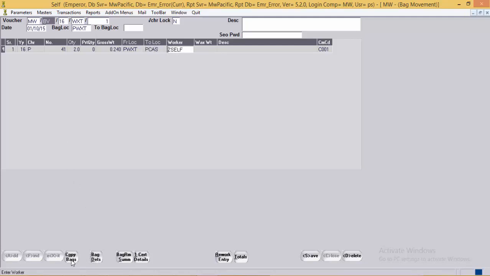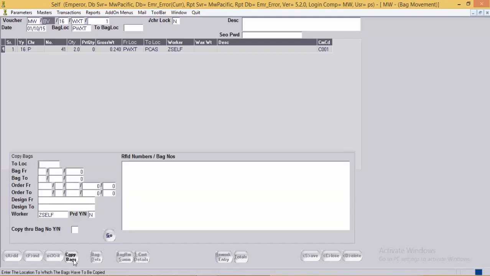If required, the user can use the copy bags option also. Based on the scope specified, the system will get the bag movement for all the bags belonging to the scope. Here the user needs to specify the to location, the location to which the user intends to move the bag.